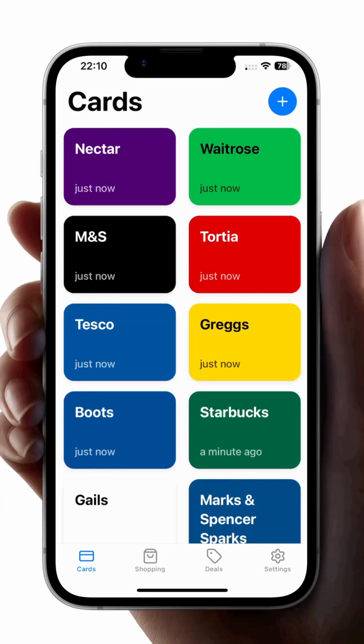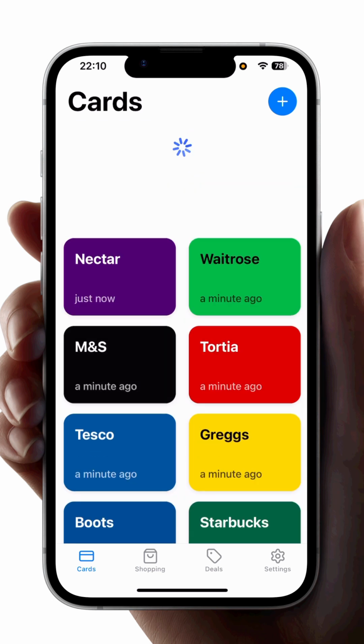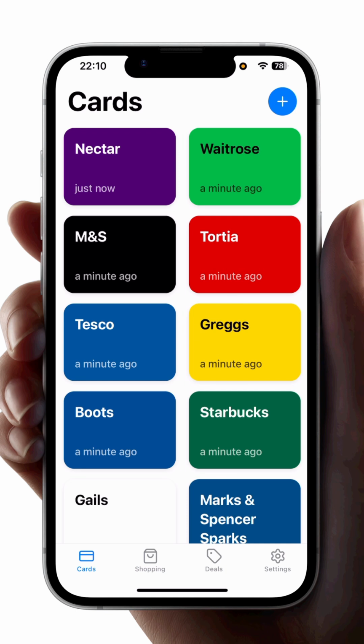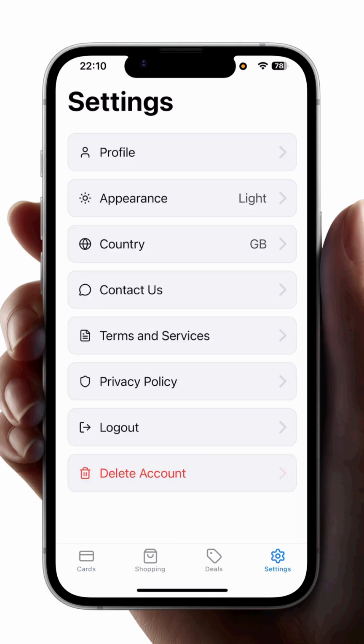Today I'm going to show you how you can use your Stocard application. It's very simple, straightforward. Once you're logged in, you will land on this page. Obviously, I have all of my cards connected here, but you will have a blank screen. First thing you have to do is go to settings here on the bottom right corner, and